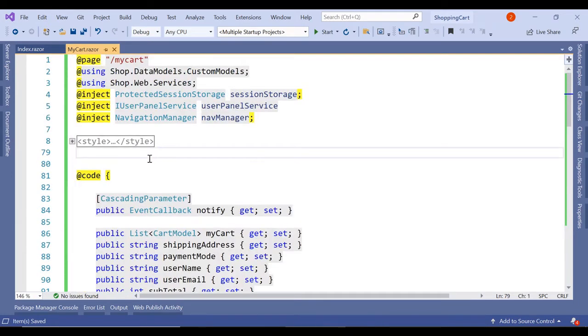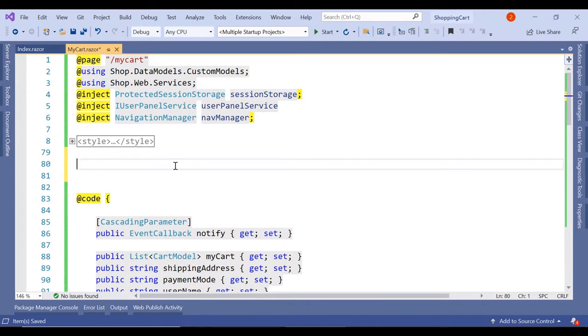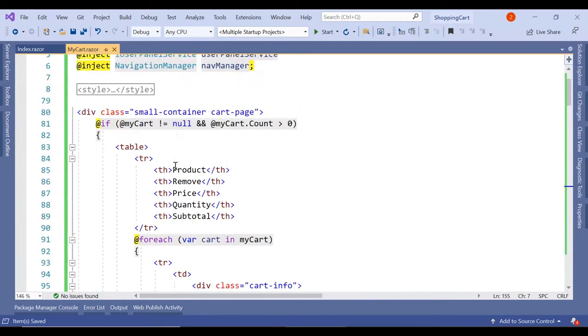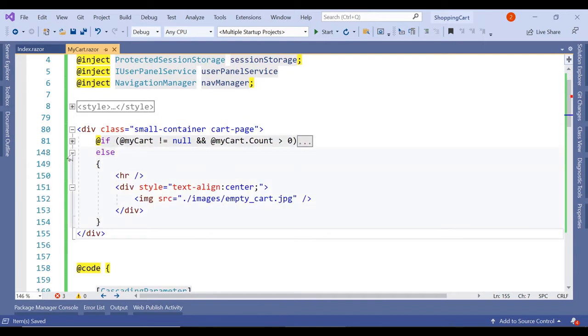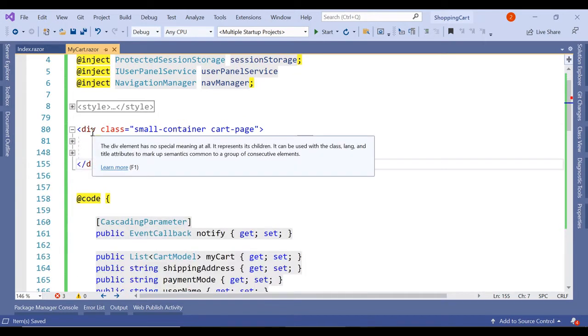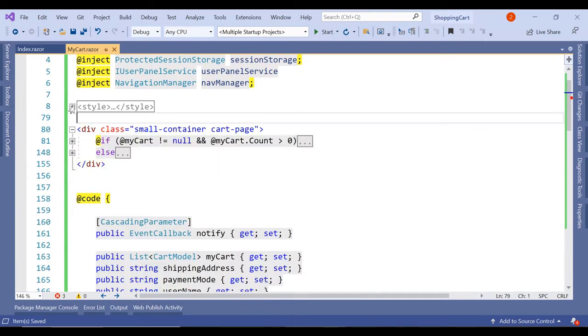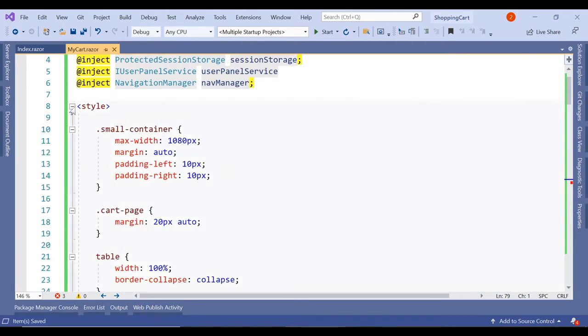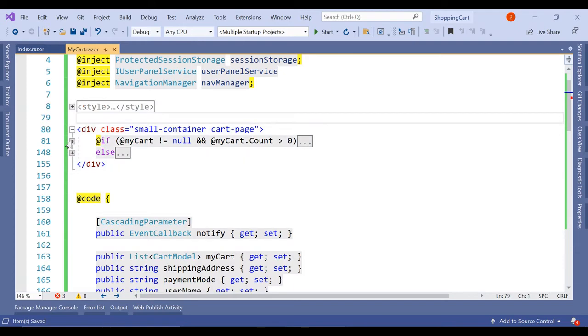Now let's create the design. Okay, so here if you see, we have this div. We have applied this first class, small container, cart page. These two classes we have applied, and inside this div we have an if part.